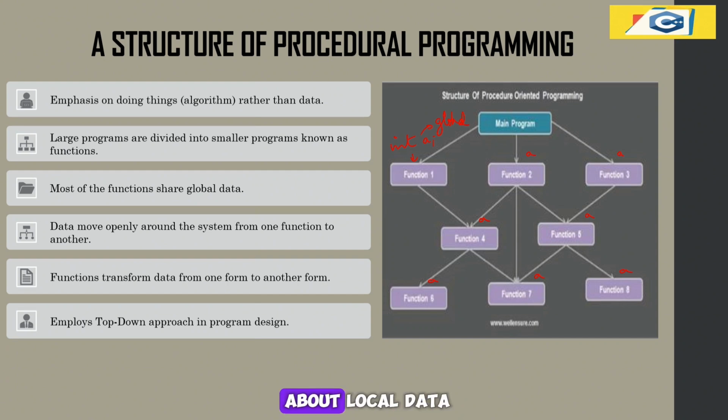When we talk about local data, the local data is function specific. Suppose in the first function I want to add two numbers. I have declared A and B and I am adding. These A and B are local variables, so they cannot be used outside that particular function.